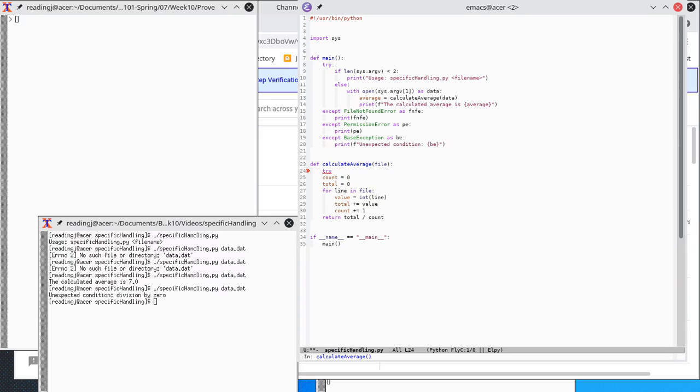So try, except divide by 0 error, I think is what it's called.